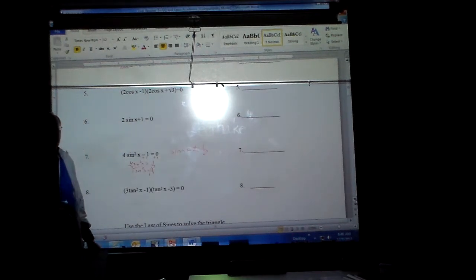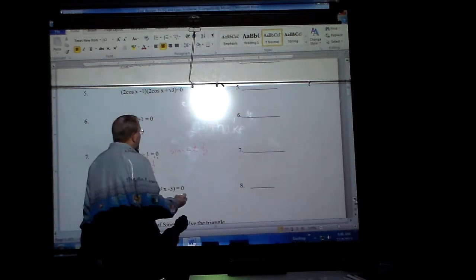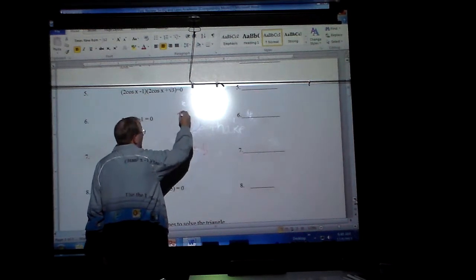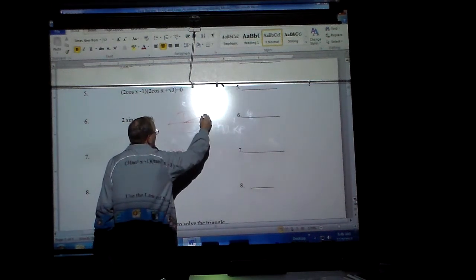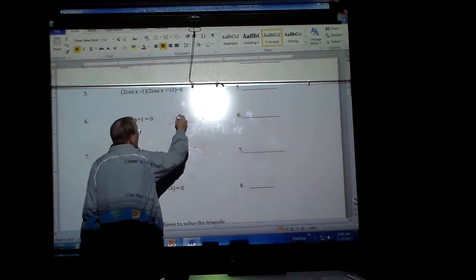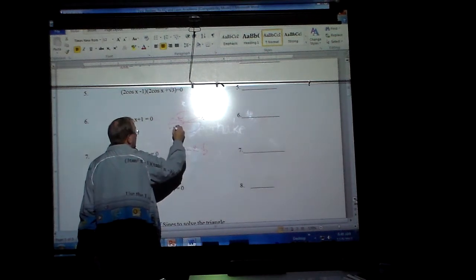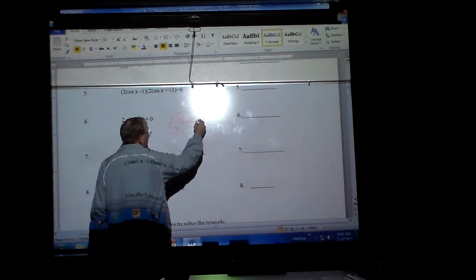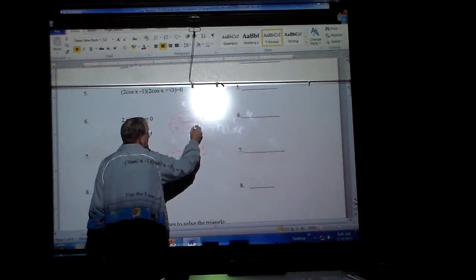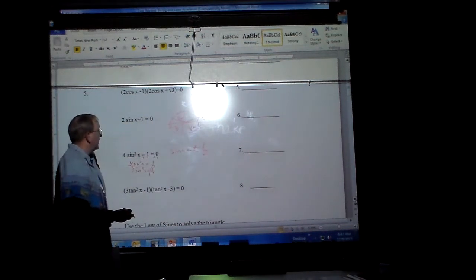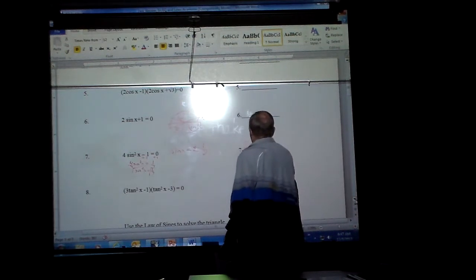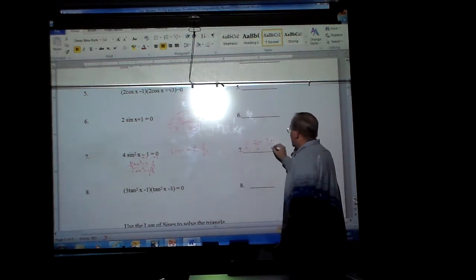So now what I'm going to do is go to my unit circle, and I'm looking for anywhere y is, because sine is y, 1/2. And that's going to occur at all the pi over 6's, because that's exactly where the y value has moved 1/2, either positive or negative. So the answer number 7 then is pi over 6, 5 pi over 6, 7 pi over 6, and